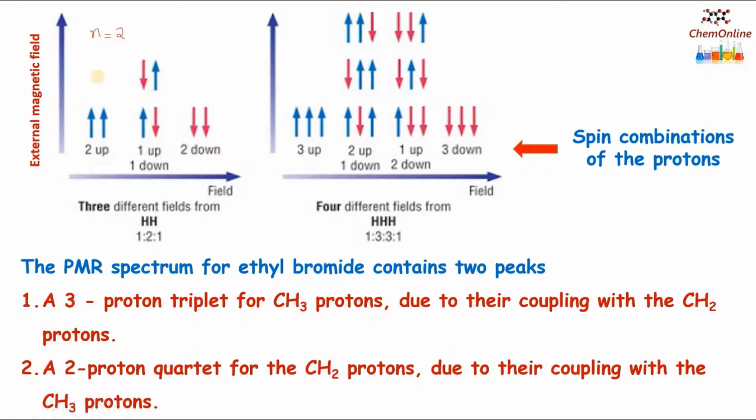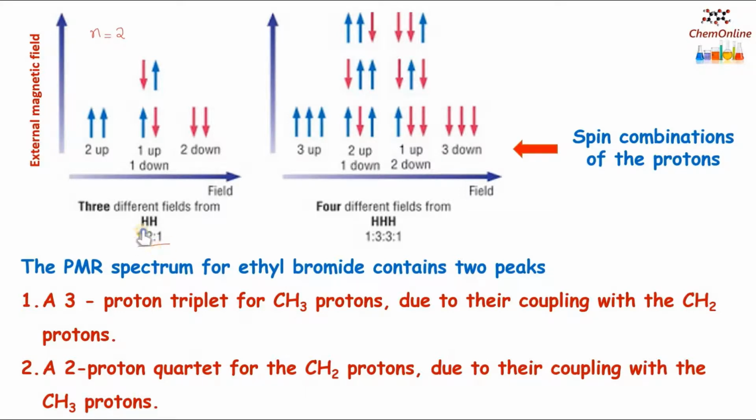And who is the neighbour of CH3 protons? It is the CH2 group. Number of protons is 2. So the two protons can be arranged in this fashion, and as a result the CH3 signal is split into three equally spaced peaks. That is, we will get a triplet with relative intensities of